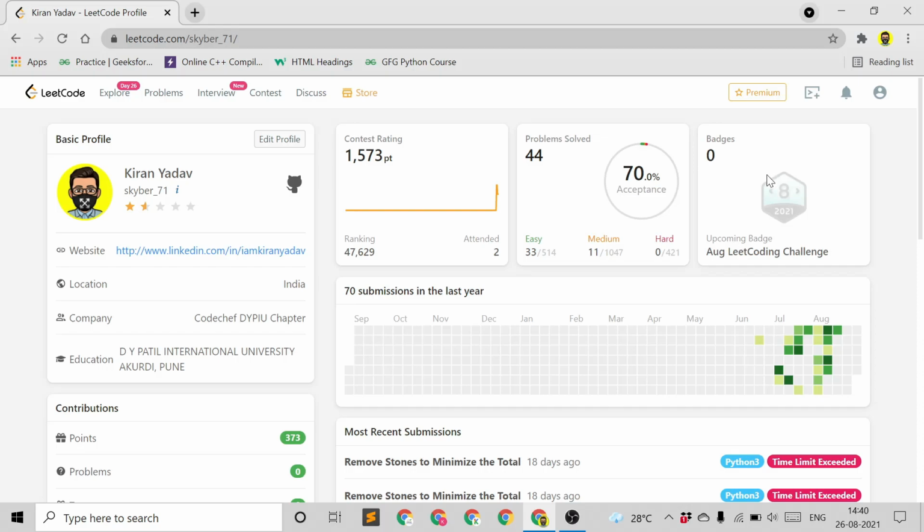This section of badges is the most important one. LeetCode has a challenge for everyone, named the month LeetCode challenge. This is August, so it has the August LeetCode challenge. So what is that August LeetCode challenge? We will see that.